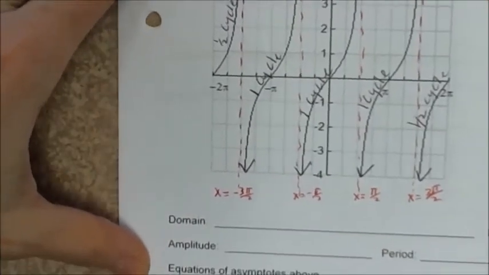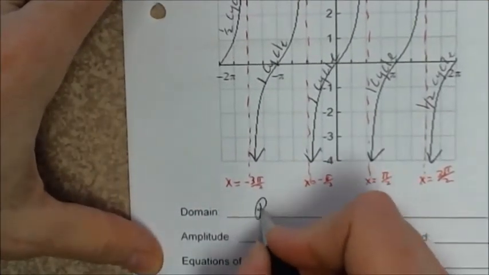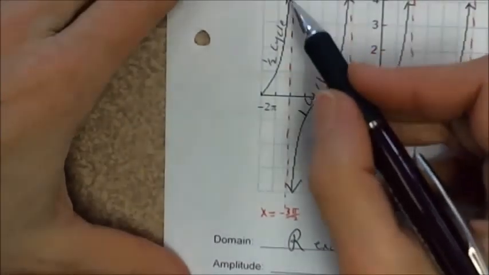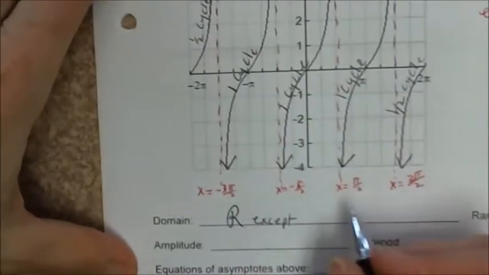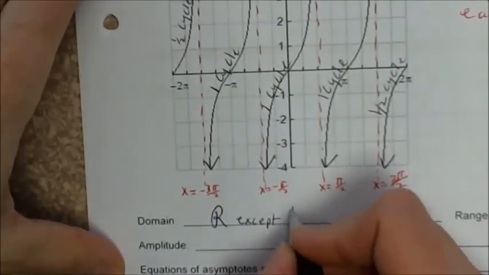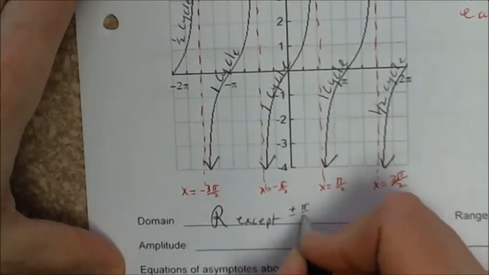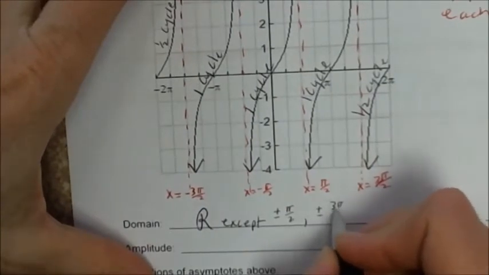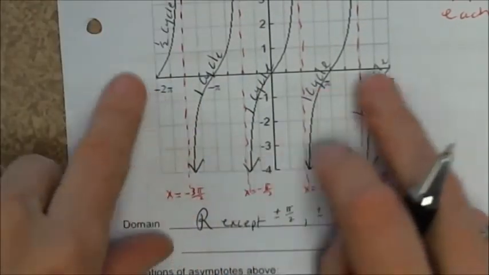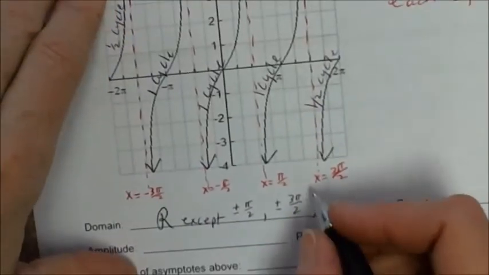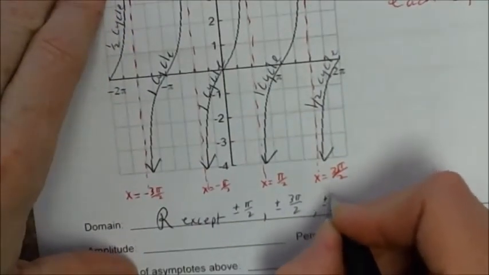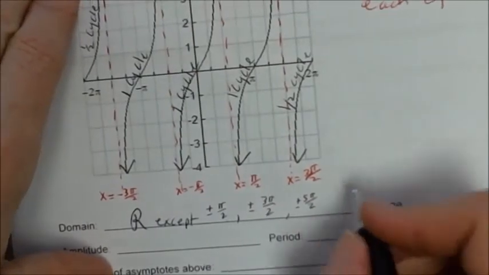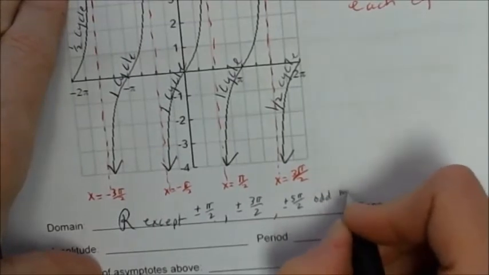The domain of this tangent function is all real numbers, my fancy R, except where we have the asymptotes. So all real numbers except for plus and minus 1 pi over 2, plus and minus 3 pi over 2. Now, if we were to extend this out in both directions, we would see the next asymptote coming up at plus and minus 5 pi over 2. So hopefully you can see the pattern: 1 pi over 2, 3 pi over 2, 5 pi over 2. It's all odd multiples